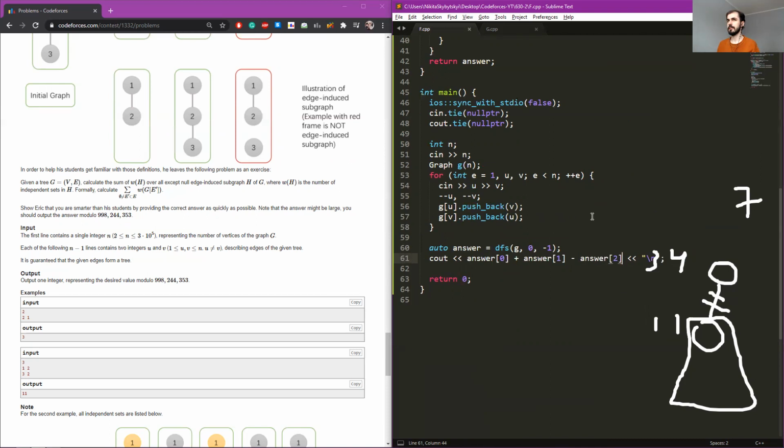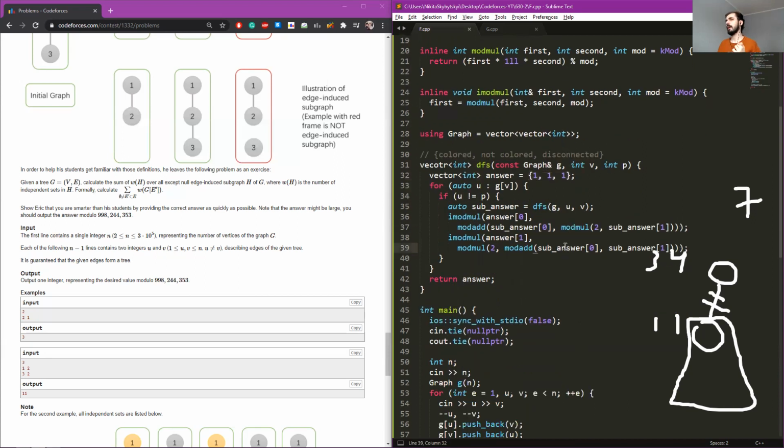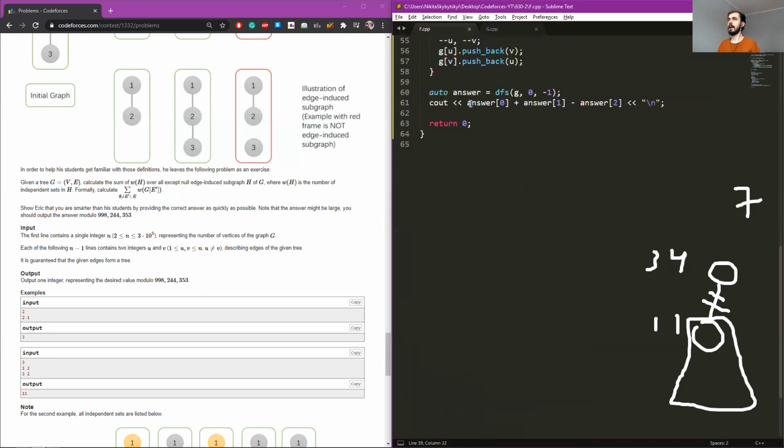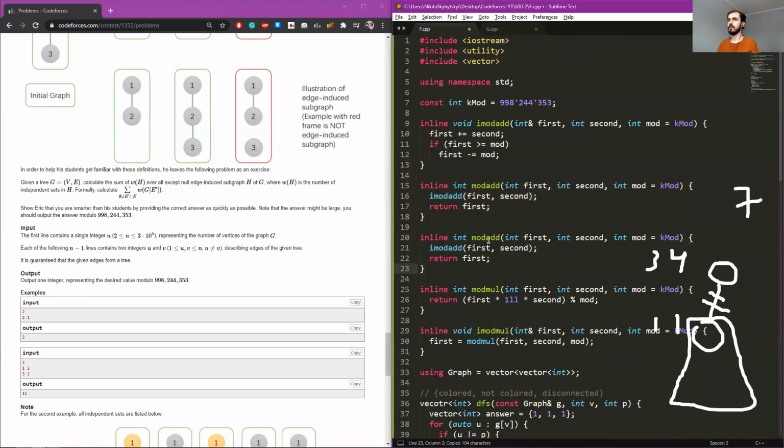Connected. Right, at the very beginning, an empty graph with one vertex would return 2, and at least now it returns 1. Yeah, we definitely need to